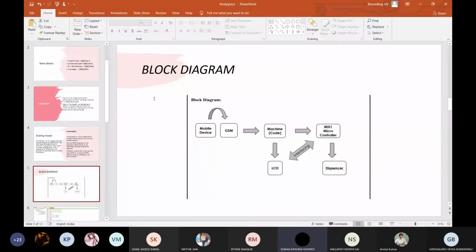In the machine, we should type the username and select which item we need. And with the help of the microcontroller and LCD, that item will be dispensed. And the code will be presented by Bharadwaj, sir.